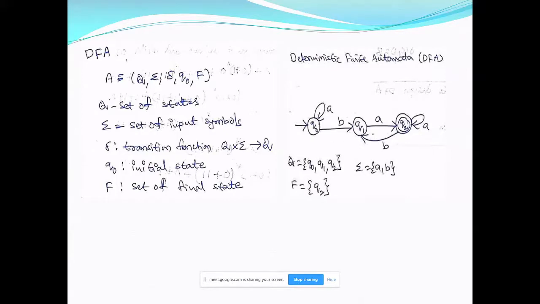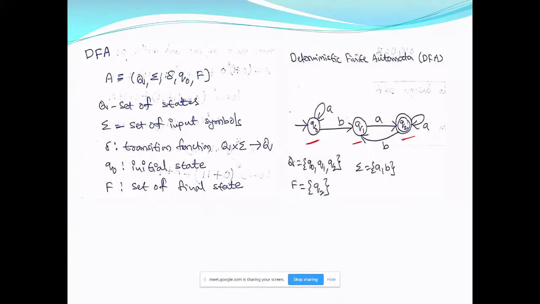Look at the figure and we have three circles. One of the circles is a double circle, and each circle is labeled with Q0, Q1, Q2, and there are some arcs that are joining the circles and some are self loops with some labels. So with this figure in mind, I will introduce the deterministic finite automata.